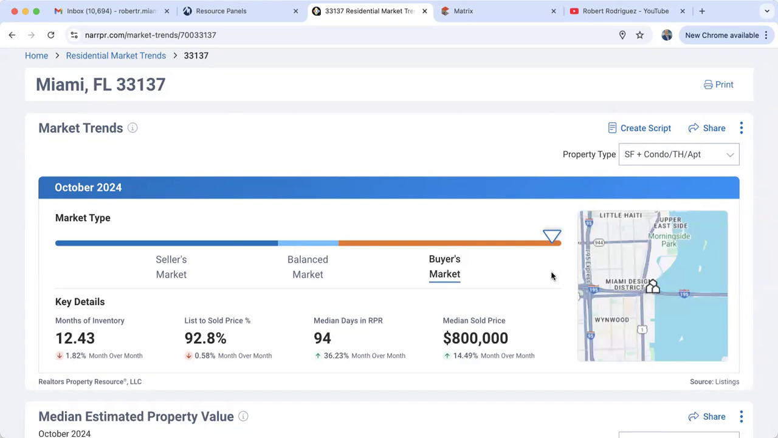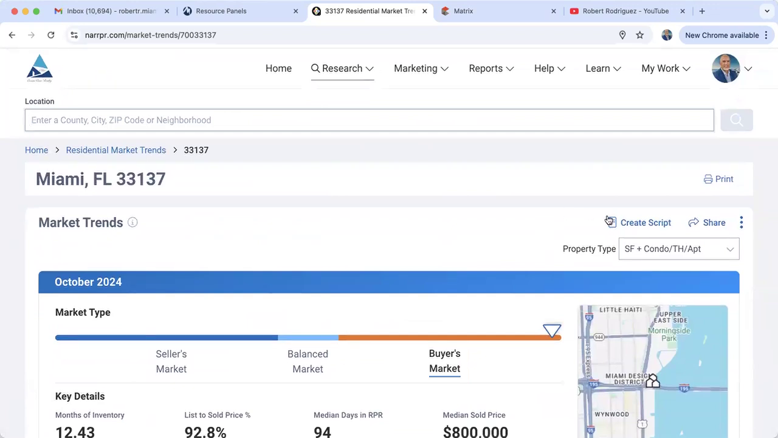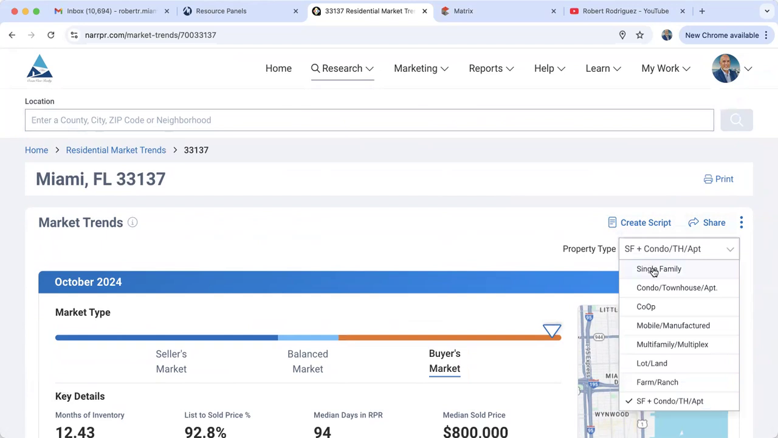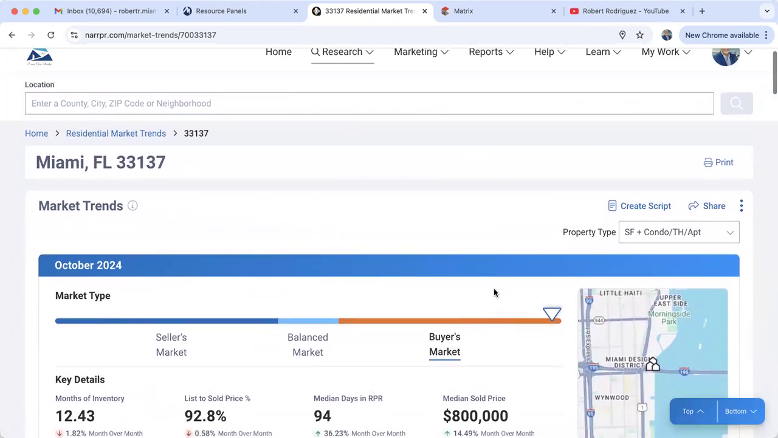Now, if you guys want to use this for your marketing, you most definitely can. Look on the right-hand side. You have create script and you have share. All right, we can switch to any property type here that we want. Let's stick to the condo market in zip code 33137. If you want to create a script because you're going to talk about this and you actually don't know what to say, go here to create a script